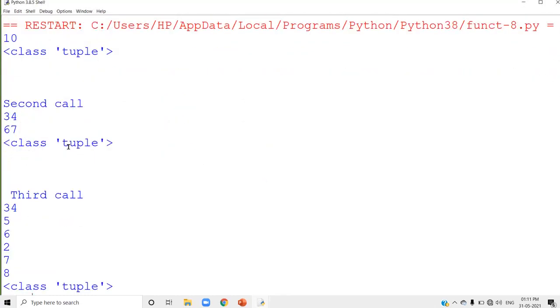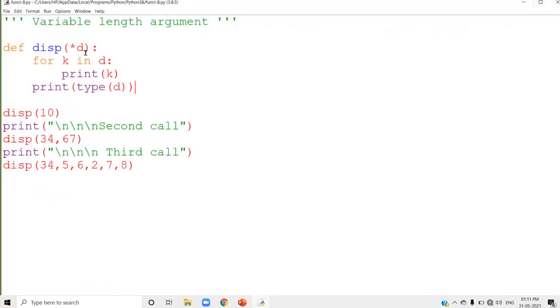See, the type of D is tuple. D is a tuple variable. That is why it can store multiple values at a time. So whatever value you are passing, it's stored inside that tuple. That is all about variable length argument.